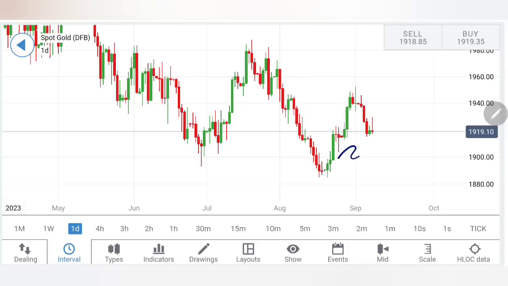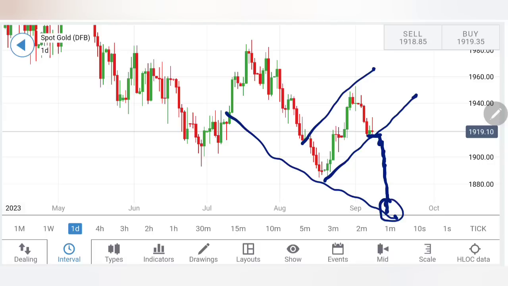This could be a possible retracement itself because, see, higher highs, higher lows, and thus the levels at 1914, 1915 become critical for gold. Once it breaches below these levels, and specifically then 1904, 1905 levels, more bearishness is going to prevail in gold, which may take the prices to lower lows. Now, lower lows suggest that it can try to bridge the gap at 1870 in the coming future. But right now, it is still staying in this retracement channel as long as 1915 and 1905, 06 levels are